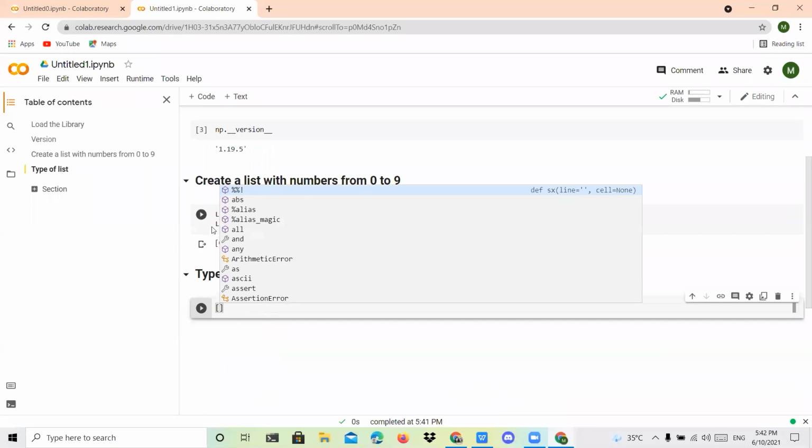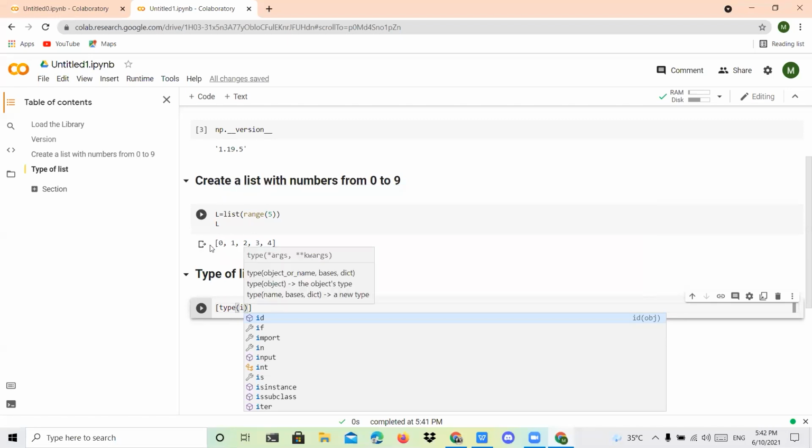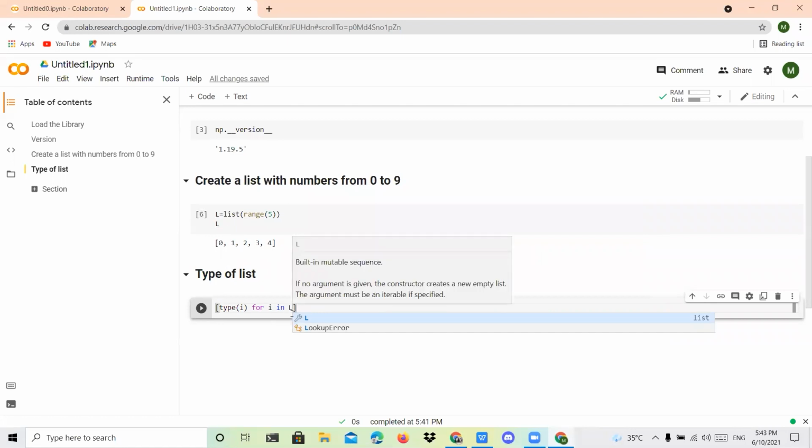Because the numbers are stored in the form of an array, here is how to mention it in an array format. You can give the type of any variable, because we have many values, not a single value. We have 5 values, so each and every value should be referred to, and only after that should it say whether it is an integer or a character. So I mention the type of I, followed by a for I in the list. Whatever you mention, those things you have to mention here.